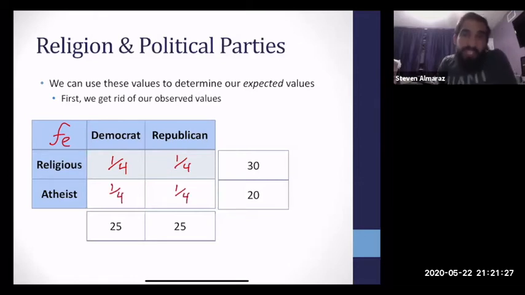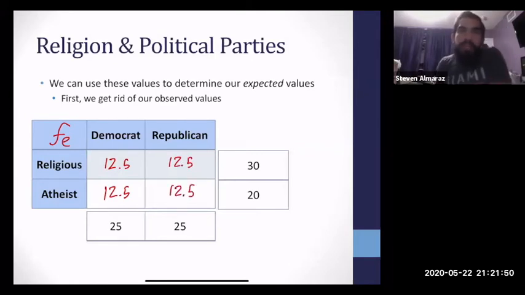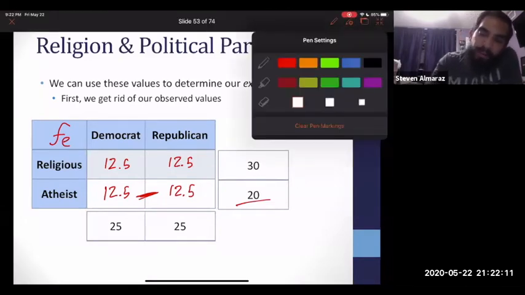That seems reasonable, right? Well, the problem with that is if we do that, we're going to end up with 12.5 in every section. That seems all right, but the big problem here is this is impossible. We can't have 12.5 atheist Democrats and 12.5 atheist Republicans because we only had 20 atheists in the sample. So instead, what we're going to do